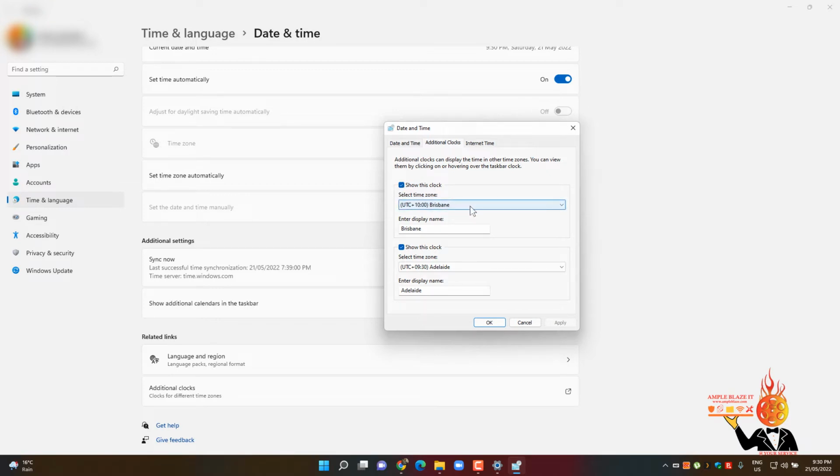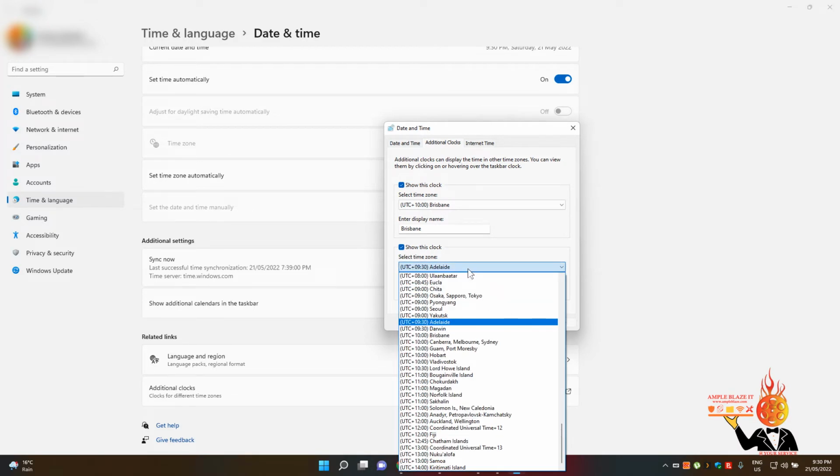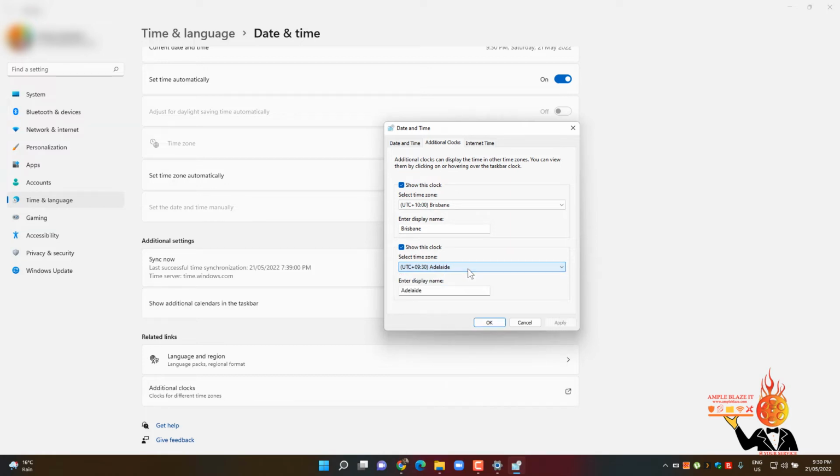That's your main clock, so whatever your time is there, give it a name, and then tick the box for the second clock that you want to show. And remember that this is international, so you can choose anywhere in the world. I've chosen Adelaide for the second one, and again, give it a name for the second clock, and click OK